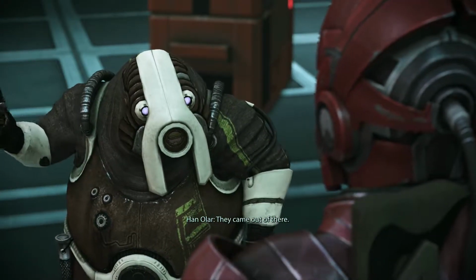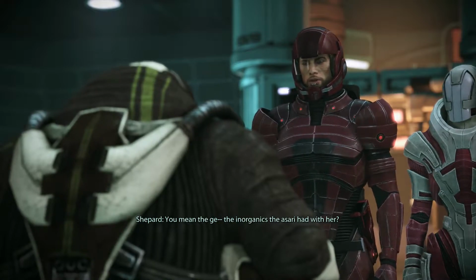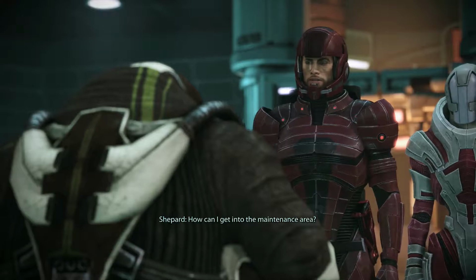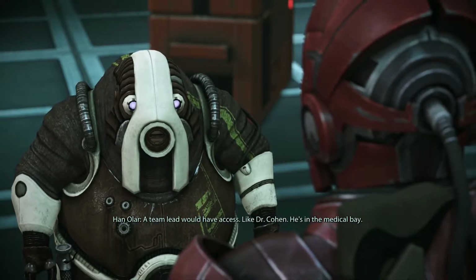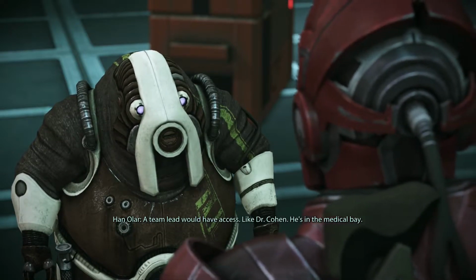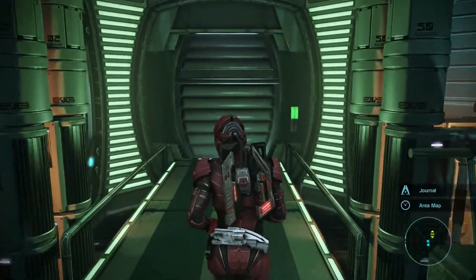They came out of there. You mean the Geth? The inorganics the Asari had with her? Benezia brought them with her. How can I get into the maintenance area? A team lead would have access. Like Dr. Cohen. He's in the medical bay. I'll be leaving now. Awesome, because I just did him a pretty big favor, so...